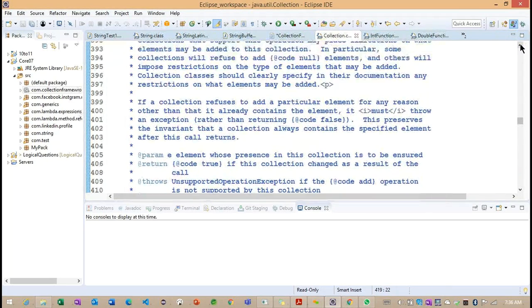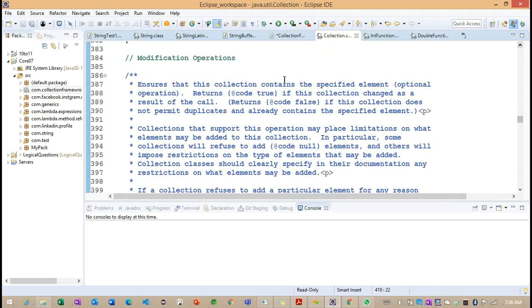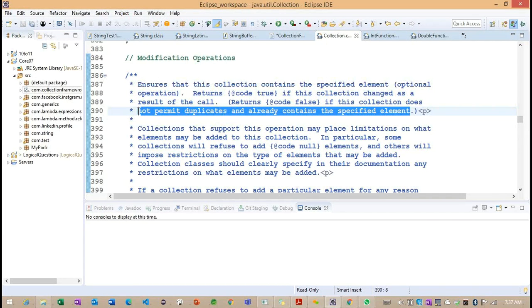Otherwise we can read it. Somewhere they provided: returns true if this collection changed as a result of the call, and returns false if the collection does not permit duplicates and already contains the specified element. Getting the point? Now you can read this statement and understand the purpose of the add method and its return type.